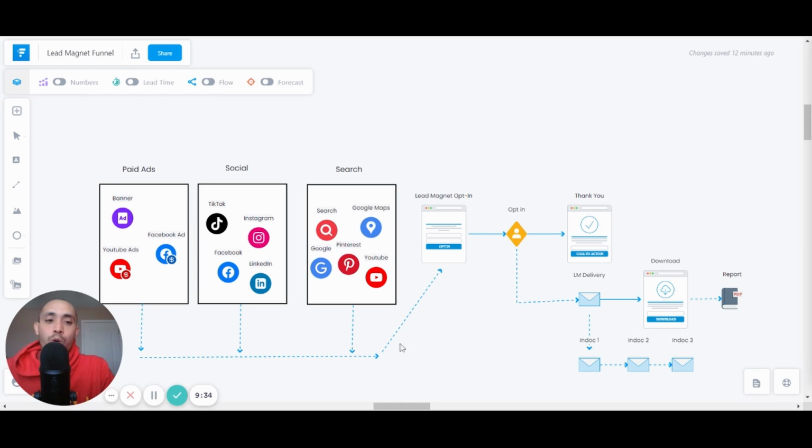But like I said, this is the whole flow or the diagram of how to generate leads in your business. And like I said, it is extremely important to generate leads, capture these leads so that you can follow up with them, you can nurture them. But a big mistake that I see people make is that they produce a lot of content on social media, but they're not capturing the leads, or they send people onto their website. Especially I see this a lot with e-com stores. E-com stores, very low conversion rates, as we know, 1 to 3% conversion rates on people actually making a purchase. So that's why you definitely need to make sure that you capture the leads so that you can try to